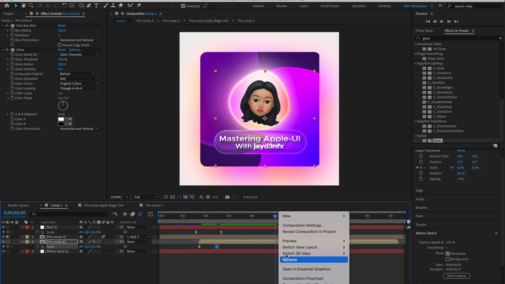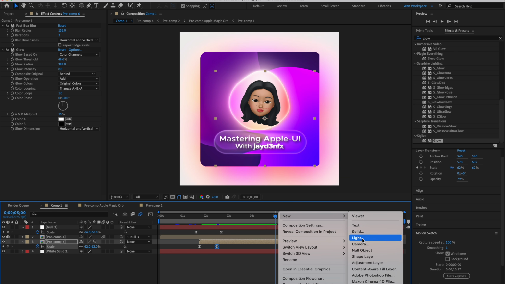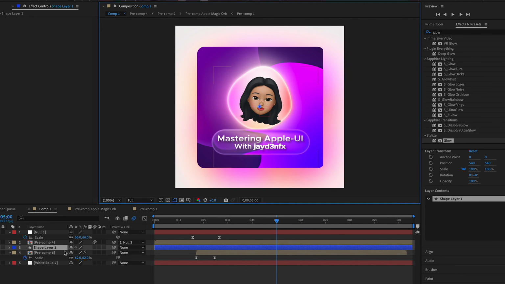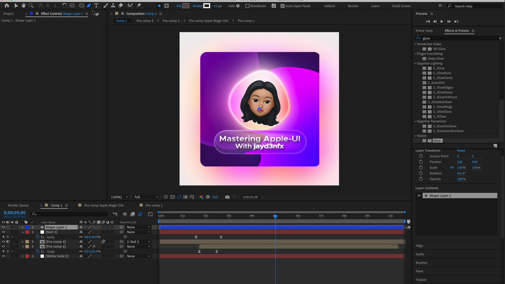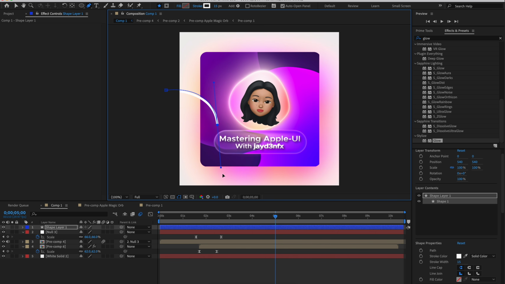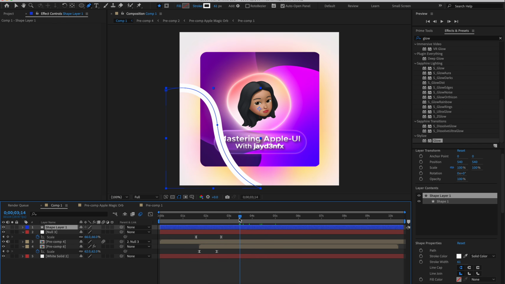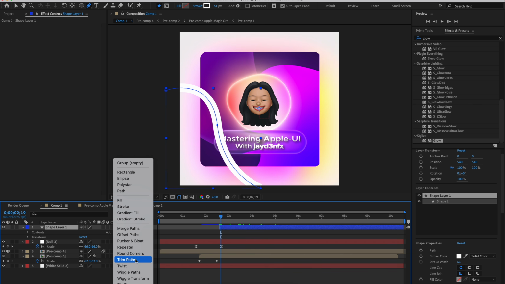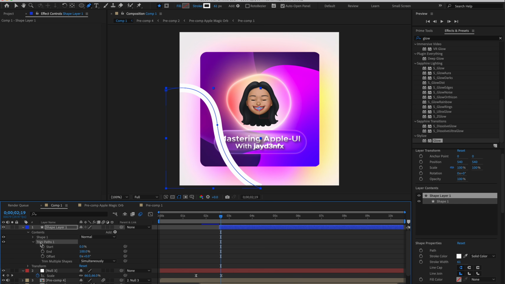And then guys, finally, we're gonna do a trim path. So we're just gonna do a shape layer, but this is the last shape layer for real this time. I'm serious. You have to believe me guys, this time. But anyways, you're gonna use the pen tool, and this time we're gonna create a line like this. And yeah, it doesn't need to be too complex. But you're simply doing this, and then after that, wherever it zooms out, that's where the animation is gonna start. And then we're just gonna press add, and then trim paths,